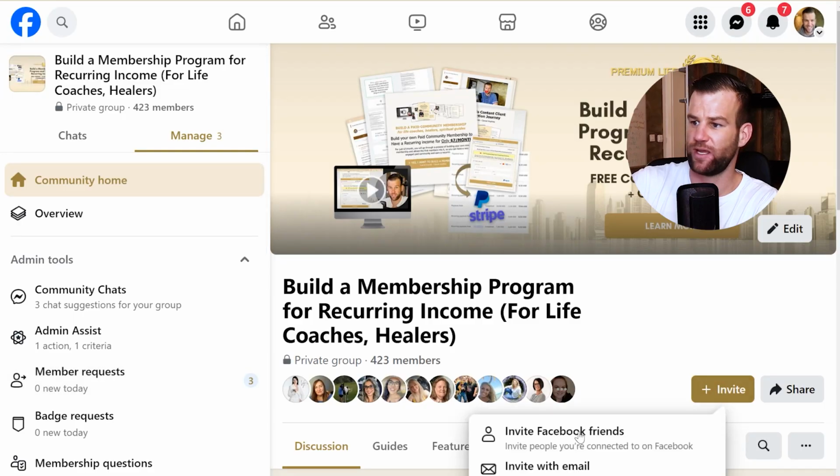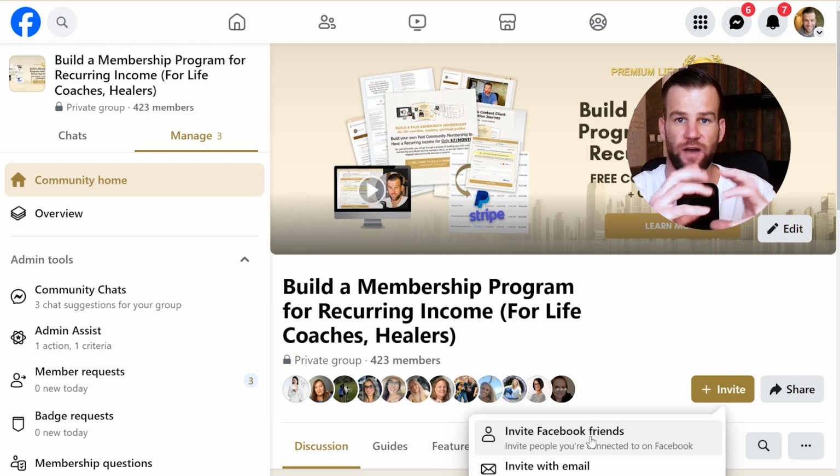For example, if I go to my Facebook group right now, there is this button where I can invite all of my Facebook friends to join my Facebook group. So if I make a lot of friends in other Facebook groups, then I can press this button every day, like 30-40 people, and I am inviting people. They get that notification that I invited them to join my Facebook group, and they can join in, right? So I can kind of manually build this Facebook group a little bit. So I think that's the biggest benefit of just building a free Facebook group first.